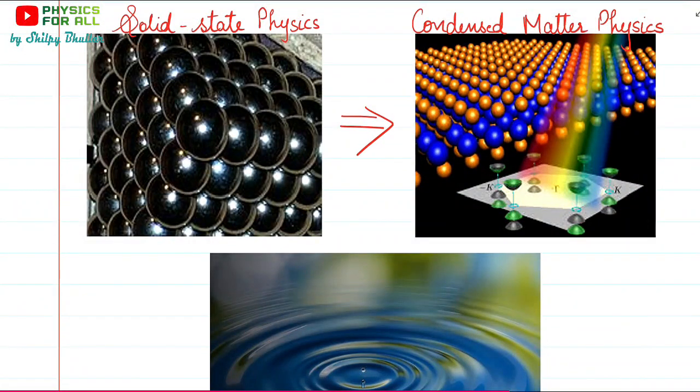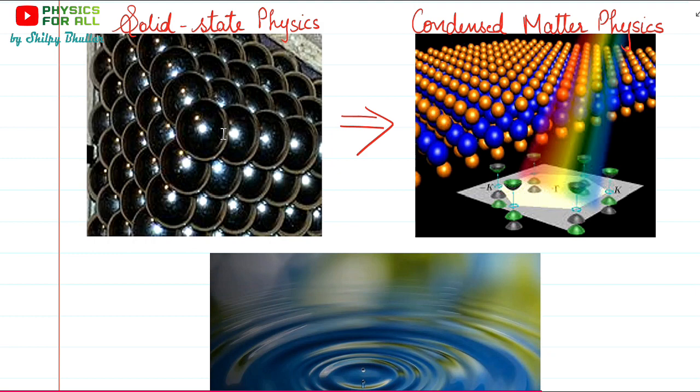Thus, today condensed matter is one of the largest fields of physics, and it grew out of solid state physics. So here you can see all the atoms. It's just a replica showing how atoms are packed in a solid. So before, people just used to talk of solid. So there was solid state physics because solid is a state of matter. But then this condensed matter came into picture. Something which is neither solid nor liquid, a semi-solid state. So to study those materials, this condensed matter physics came into picture and actually grew out of solid state